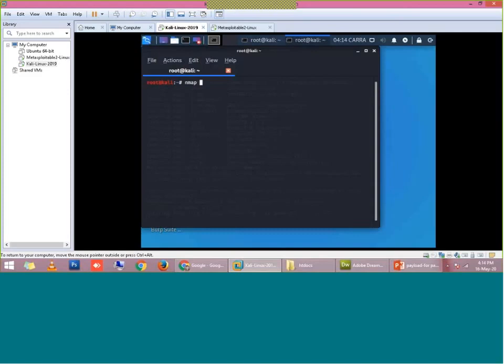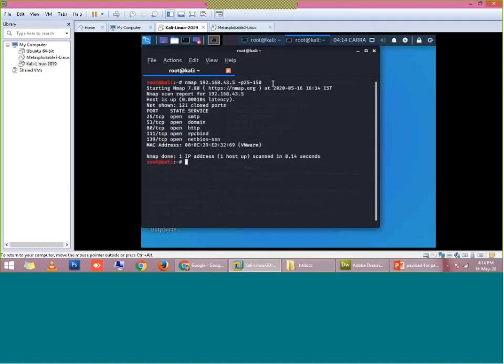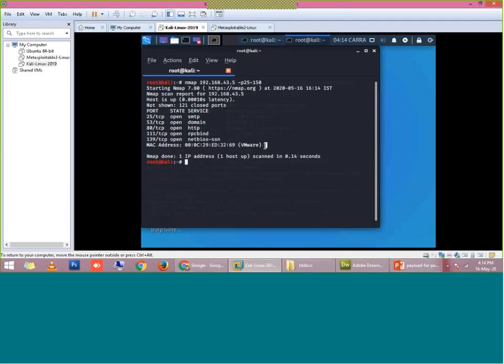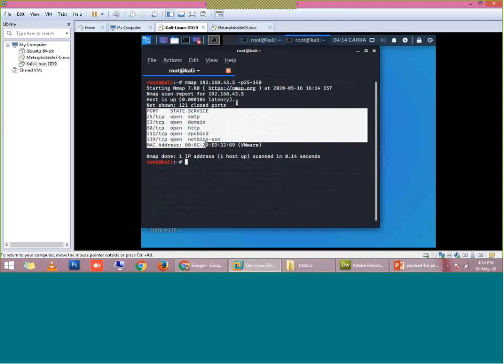For that, I will use nmap 192.168.43.5, and specify the port range with -p. Suppose I want to scan port 25 to port 150. When I hit enter, it will start scanning from port 25 to 150, and show the list of services running on those ports, right?